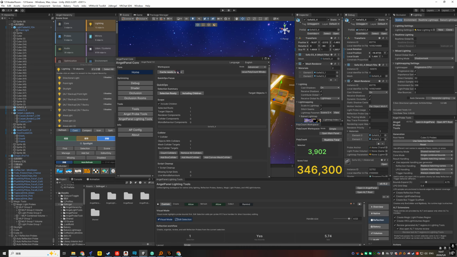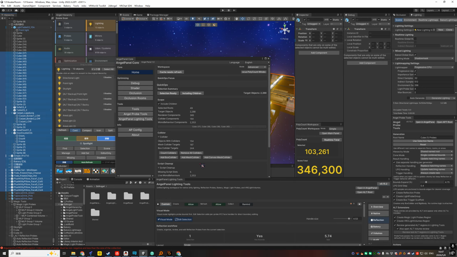And then we have quick ops, which has selection ready, including children. It will show you how many things you have and colliders. If you choose a lot of things, it will tell you how many colliders you got. You can just count colliders or remove them, or add box collider to everyone, or mesh collider, or convex mesh